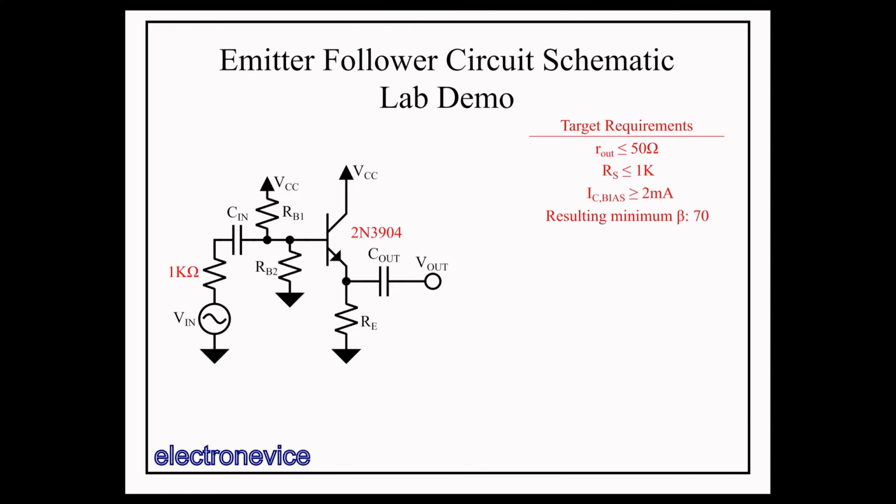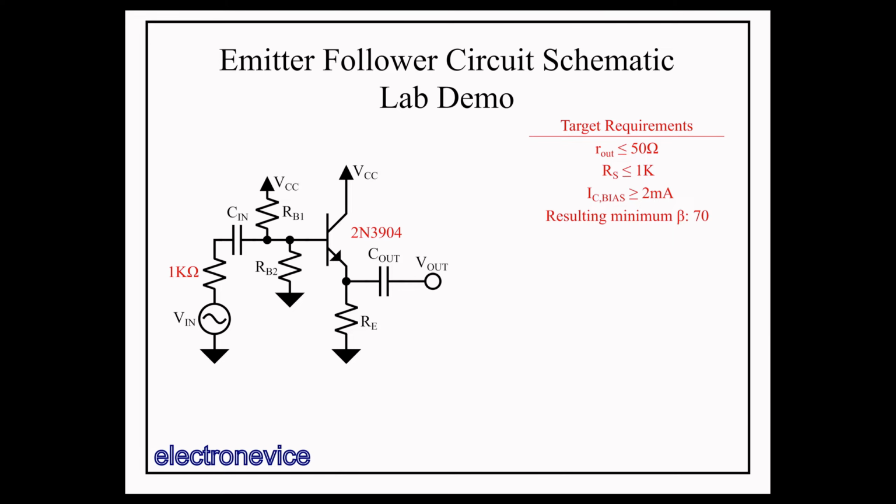To be fair, I did put a bit more thought into the 2 milliamp collector current decision, since we know the approximate minimum output impedance is constrained by the value alpha over gm, which is around 50 ohms at 500 microamps collector current. Knowing there will be parasitics and other things that drive that value up, having a collector current 4 times this minimum value to drop alpha over gm down by a factor of 4 made the most sense to me. We should still be able to meet our goals with 2 milliamps. However, we'll have to make sure that the swing in our output voltage doesn't drop the collector current below 2 milliamps, as changes in the emitter voltage will directly impact the collector current and thus the output impedance.